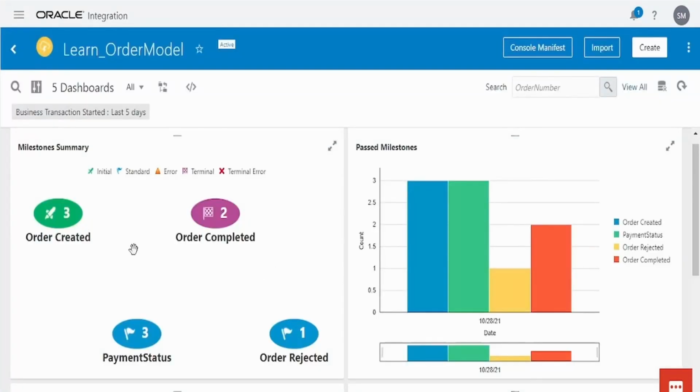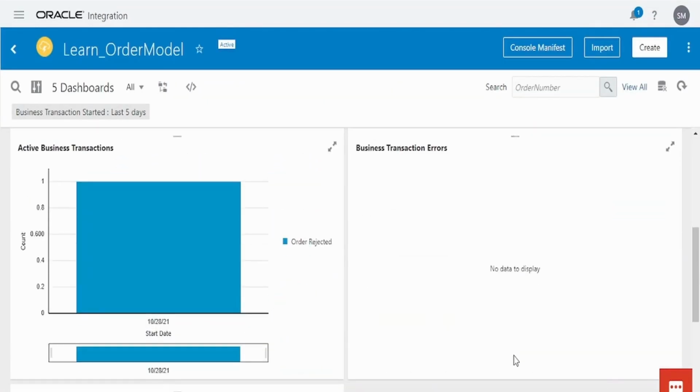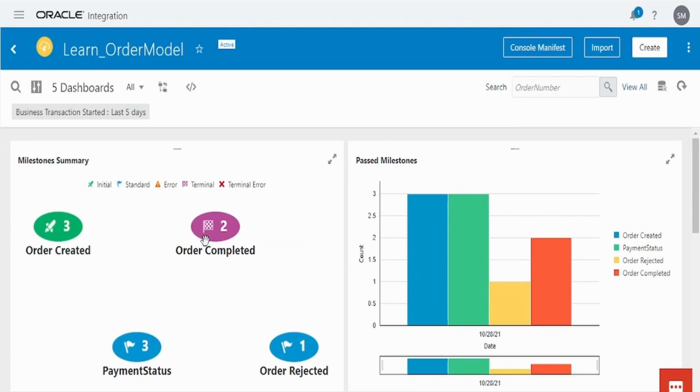Okay. If you see this console, we got 3 orders. Order completed 2, payment status success 3. And one order got rejected, which we created just now, in which the customer acceptance is false. Like this, we can design our insights to get meaningful information from our business processes,